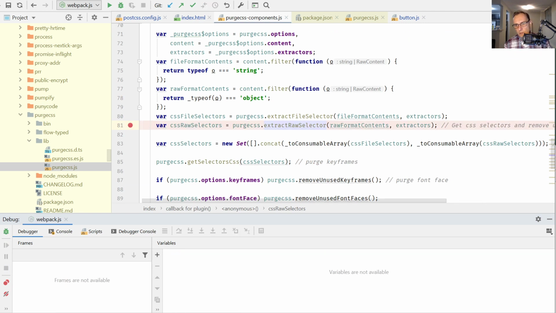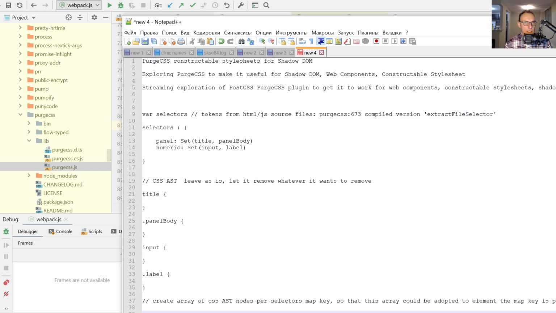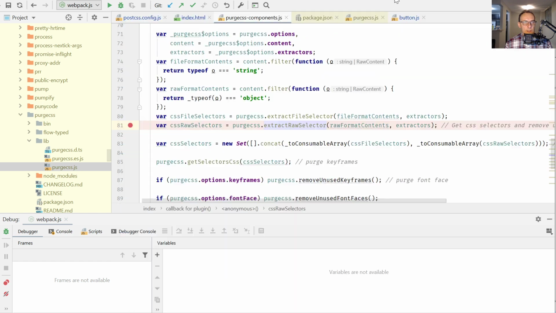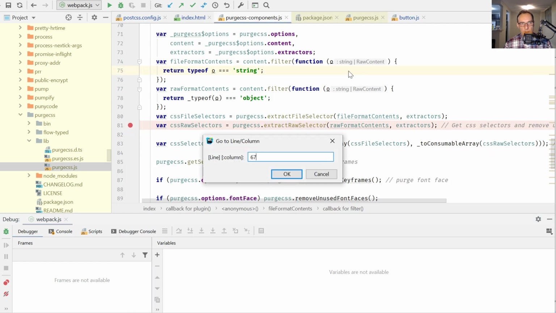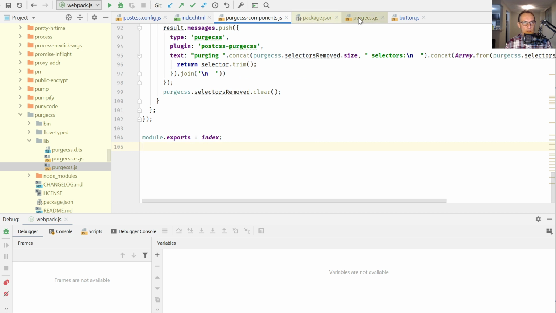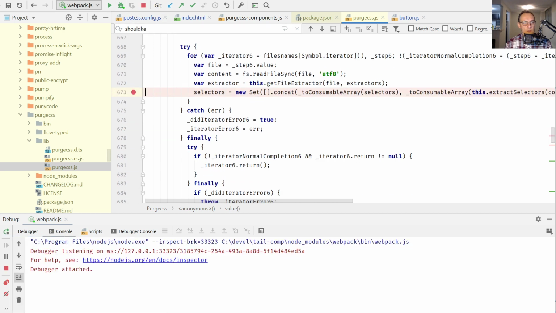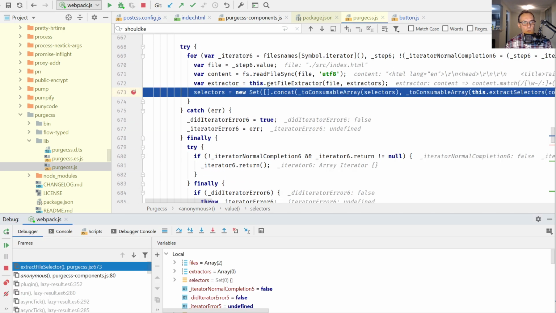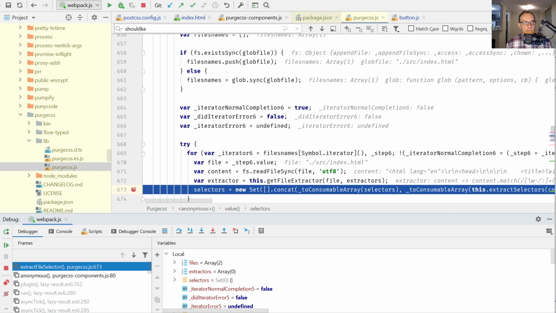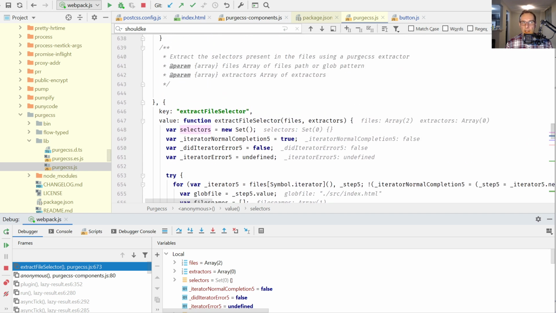Wait, what did my notes say? My notes said 673. I lost my breakpoint there. Yeah, there we go. That's where I want to be. Alright, so if we can find where is the definition of this crazy function,